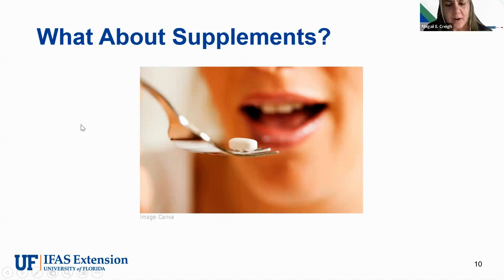We are bombarded with ads and seemingly endless information about supplements on TV, internet. So are supplements something that you need to take? Everyone's needs are